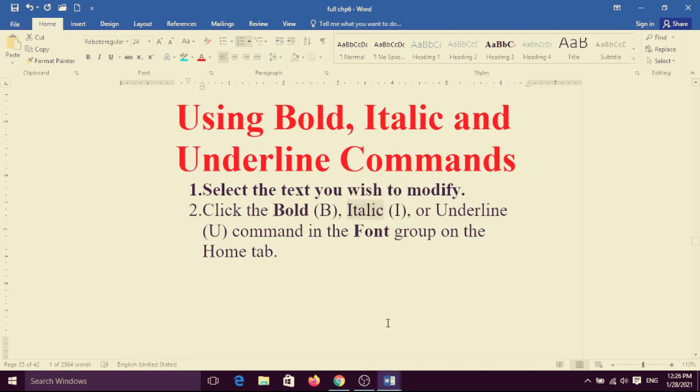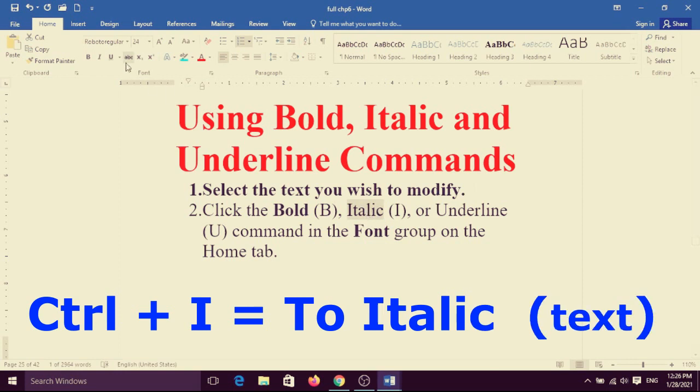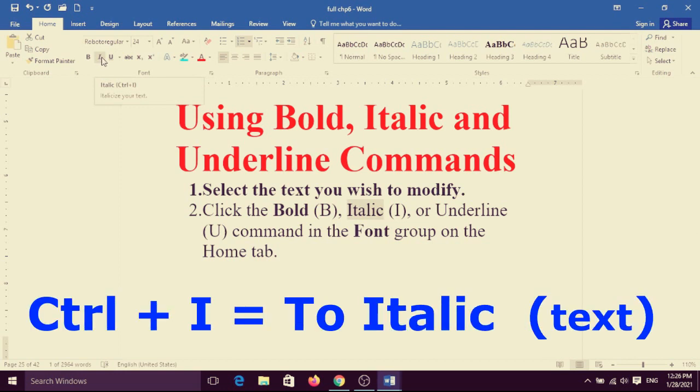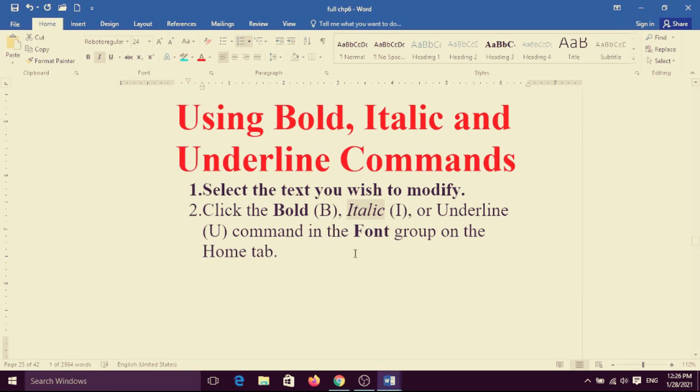And I want to change the next word into italic. First you have to select it and click on I for italic, or you can use the shortcut key Control plus I. Now your selected text is in italic.